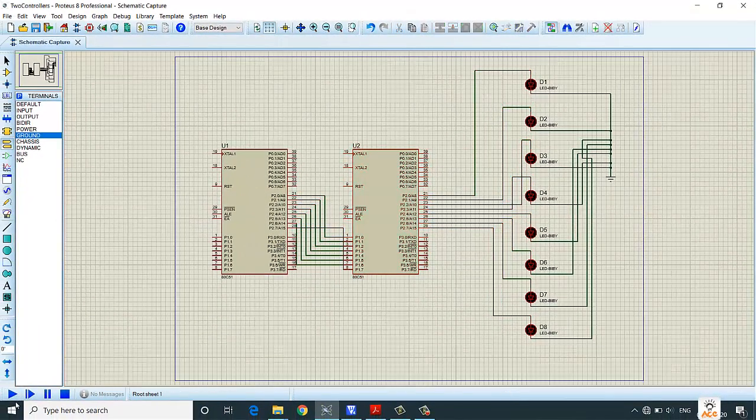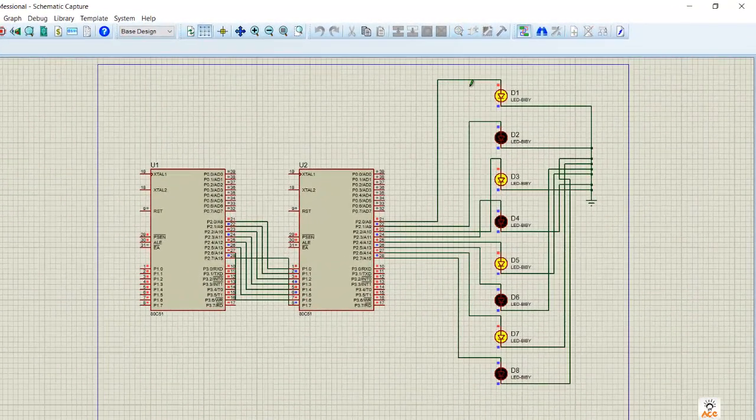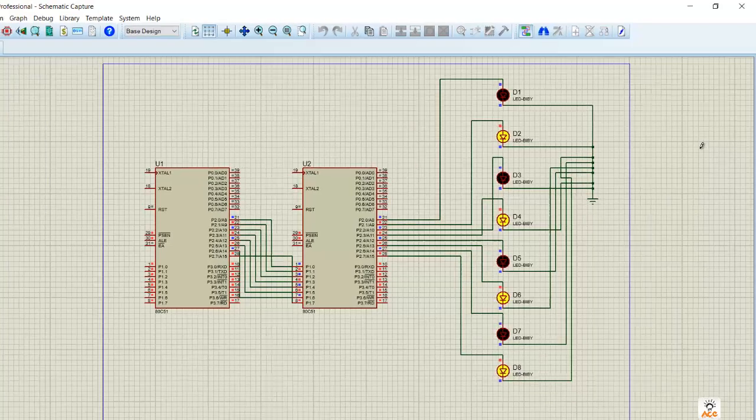So now simply run it from here. You can see alternate LEDs are lit up because we have given the hex value as 0xAA. So AA was 1010, where 1 means on and 0 means off, and we gave a delay of 1000 milliseconds, and again we reversed the value as 0x55, the hex value. So P1 has the same output as that of P2, or P2's output is being stored in P1 and P1 is showing the same output as that of port P2. So this is how data has been transferred between the two microcontrollers.